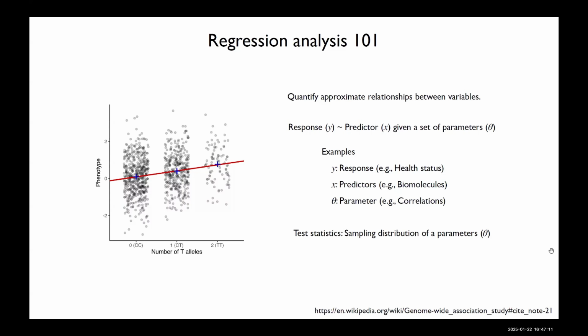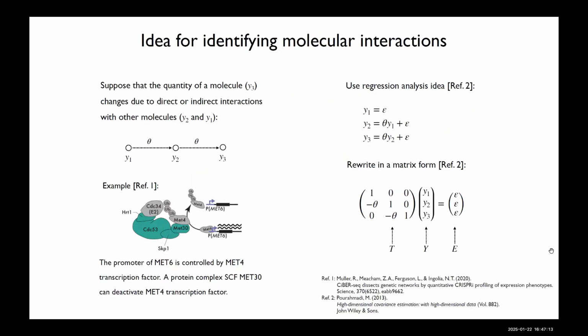And I'm going to illustrate how this regression analysis technique and idea can be useful to studying the interactions between molecules. So for this, I'm going to assume that we are interested in studying the quantity or activity of one molecule, which can change due to directly or indirectly interacting with other molecules. So in this case,